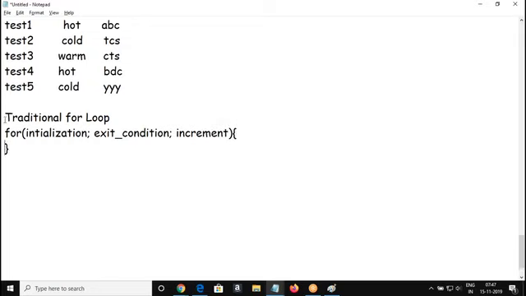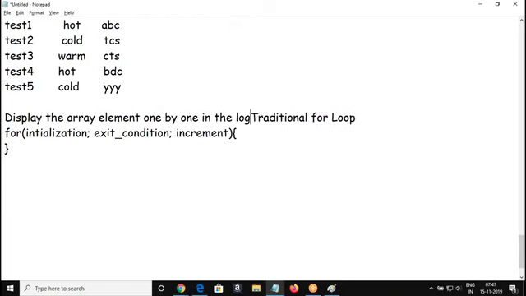So using the traditional for loop, my requirement is to display the array elements one by one in the log using the traditional for loop, right?